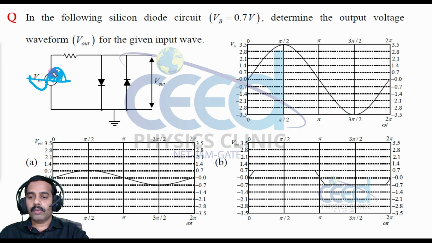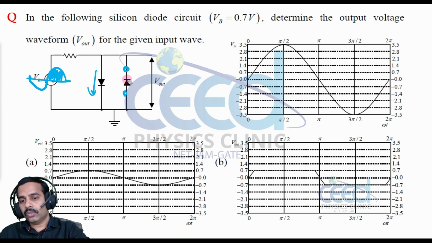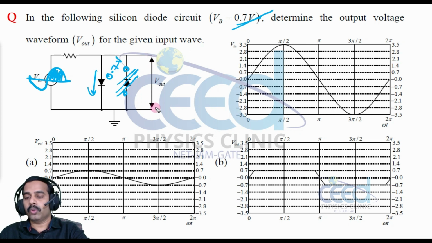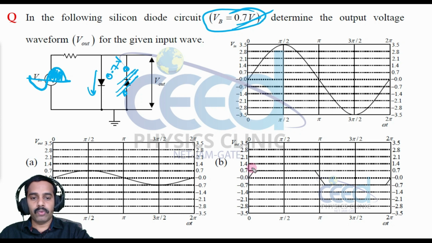Then which diode is in forward biasing? This diode will conduct, and this will act as an open circuit. So this diode does not work, so I can cancel this. The output I am selecting across this, but the cutoff voltage is 0.7. So we will get 0.7 volt only across the output, because at forward biasing this diode is open, and this diode is the only one conducting. At the conduction mode, it has a voltage drop of 0.7 volt. So the output we have is only 0.7 volt.